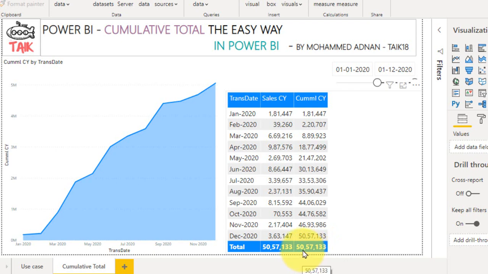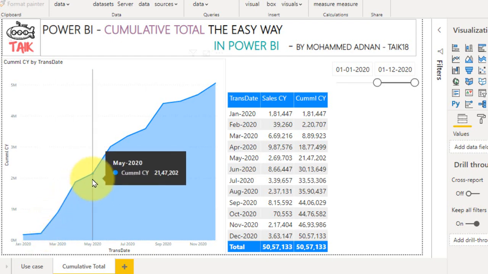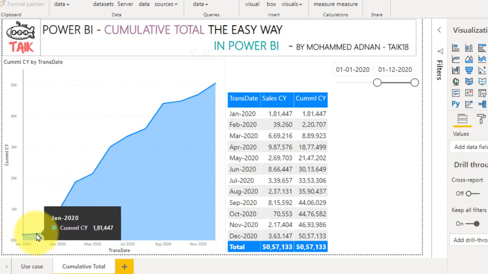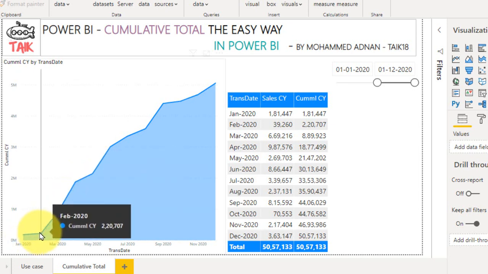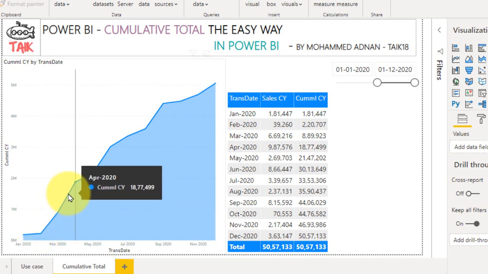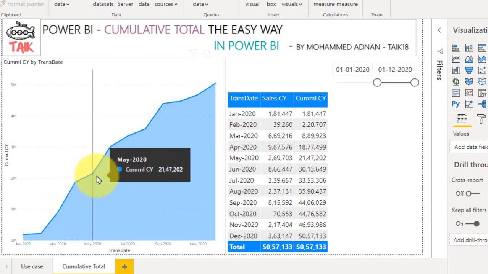And if you look at the graph here on the left side, the use case is that we can easily identify in which month we have progress and which month we have less sales. January is good, February is a little low, in March and April we have huge sales, and in May it's slightly less.